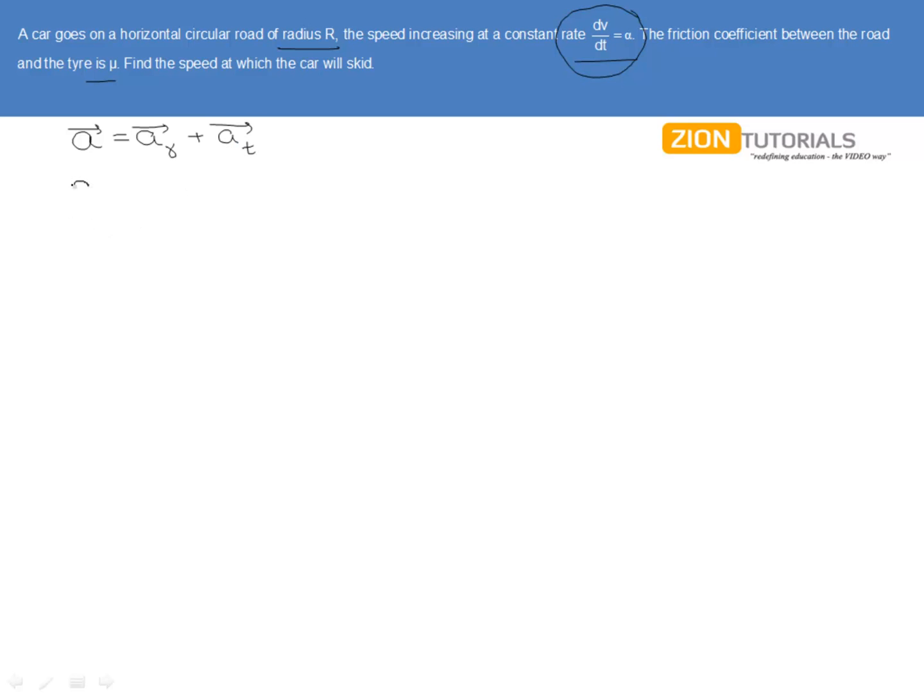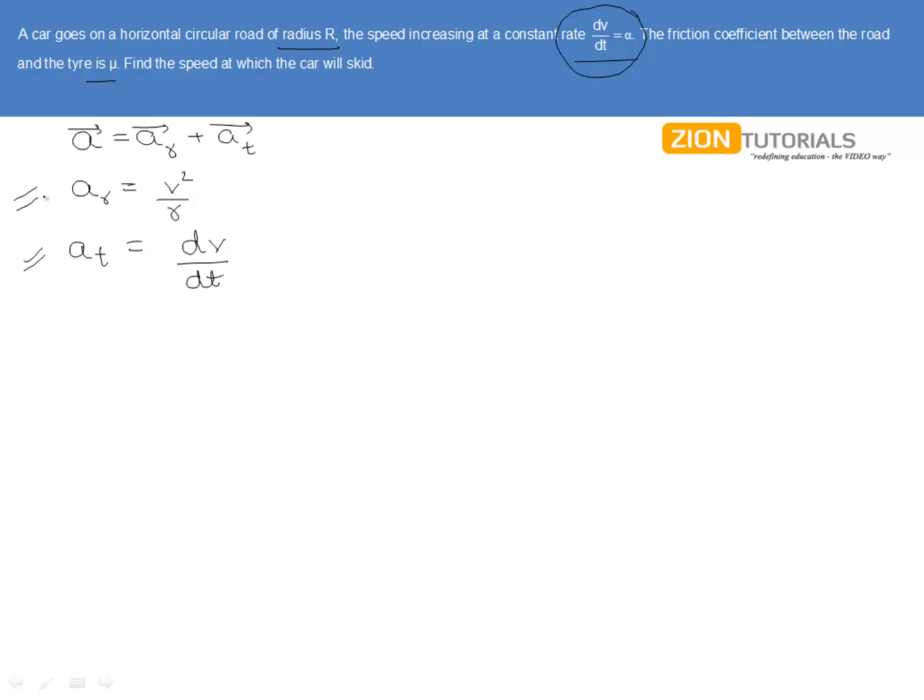Talking about the radial component, we have obviously v square by r along the line, that is along the radius, and also we will be having the tangential acceleration as equal to dv by dt, that is the change in the magnitude is responsible due to the tangential acceleration, while this direction, that is along the center, is maintained